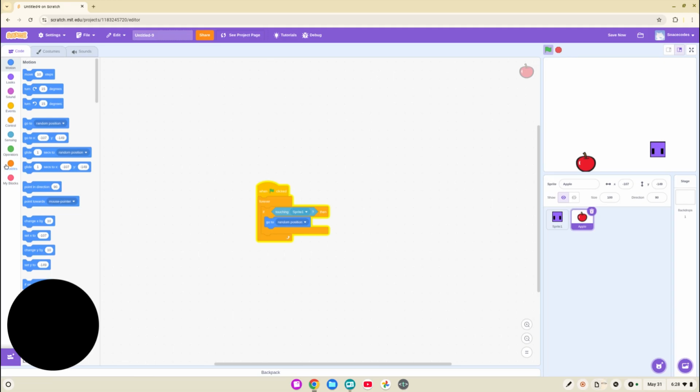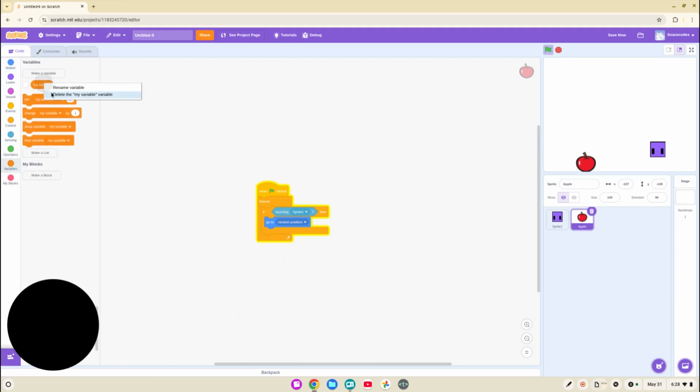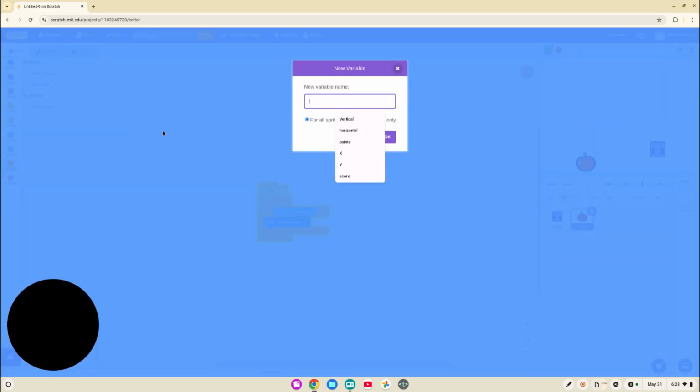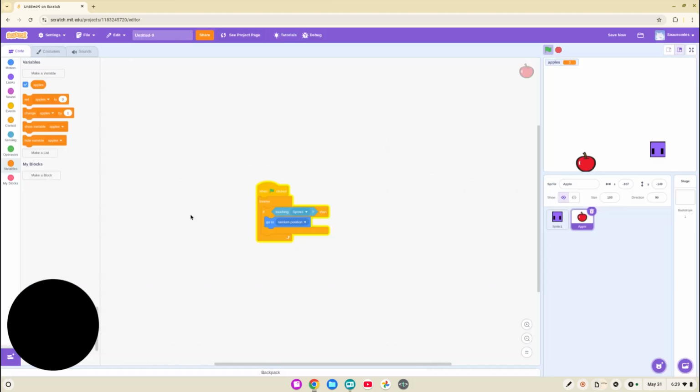You're going to go to variables, just delete the my variable, and then click make a variable, and you're going to name it score or number or apples or whatever you want. I'm just going to name it apples. And then for all sprites, and click OK,